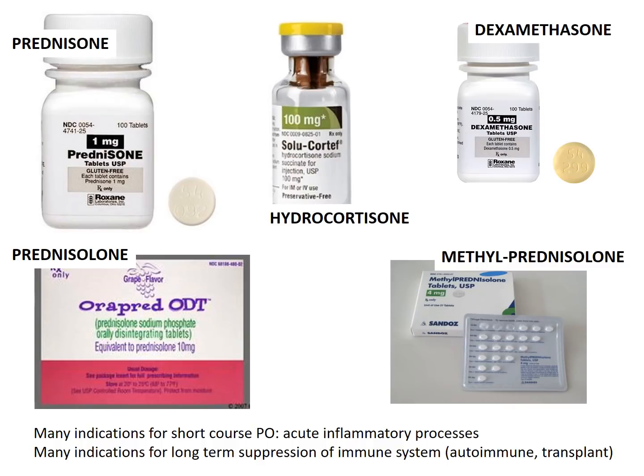Here are the systemic drugs: prednisone, hydrocortisone, dexamethasone, methylprednisolone, prednisolone. They all vary in their potency, but they are all very effective anti-inflammatory drugs. And you've seen this in people suffering from autoimmune diseases, individuals who are post-solid organ transplant, and individuals suffering from other inflammatory disorders such as asthma and COPD, also on anti-inflammatory drugs such as these.